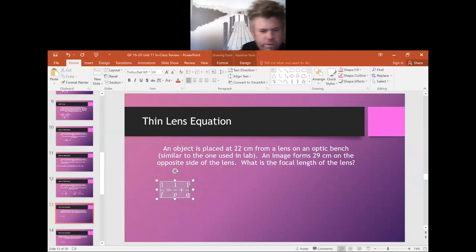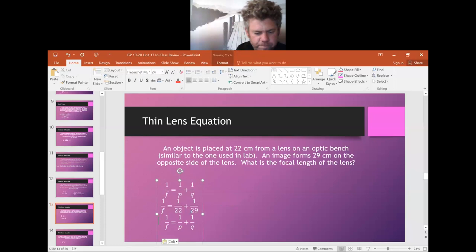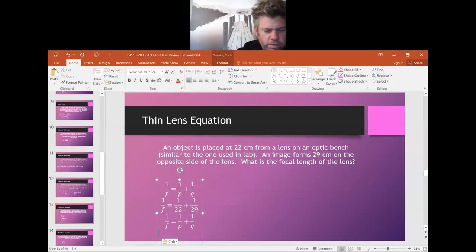So what we do here is we just start plugging them in. Now you could try and find the common denominator between these two. I chose to make this hard enough so that you wouldn't do that. So when I take the 1/22nd divided by 1/29th, I got